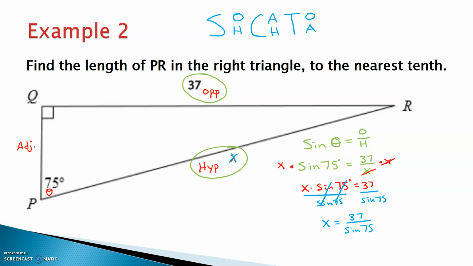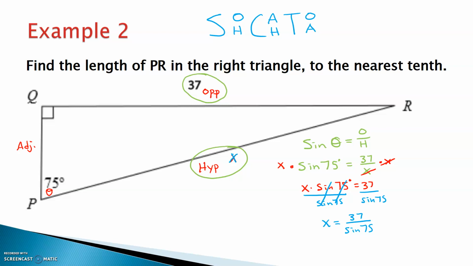Now again, please be careful. If you're on Android, lucky you, plug it in as you see it: 37 divided by sine of 75. If you are on my calculator or iPhone, I'm going to hit right now 37, and I'm going to hit the division key, and then I have to hit 75, and then I hit sine. And right now my calculator is reading